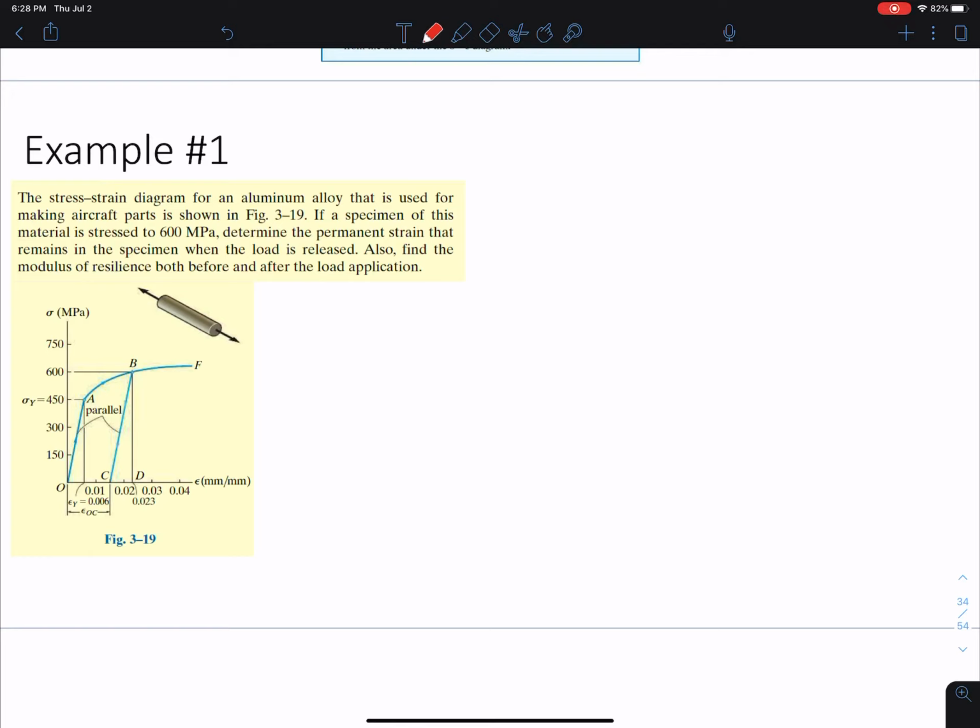Okay, so the stress-strain diagram for an aluminum alloy that is used for making aircraft parts is shown. If a specimen of this material is stressed to 600 MPa, I like to highlight important info. Determine the permanent strain when the load is released. Also find the modulus of resilience both before and after load. So one thing before we jump into solving this problem,